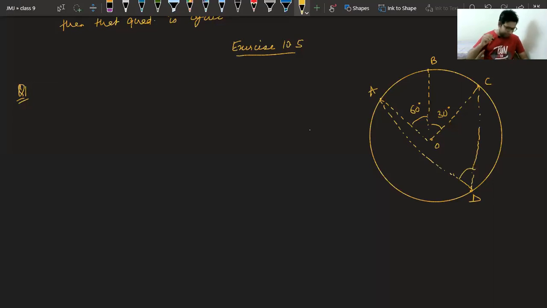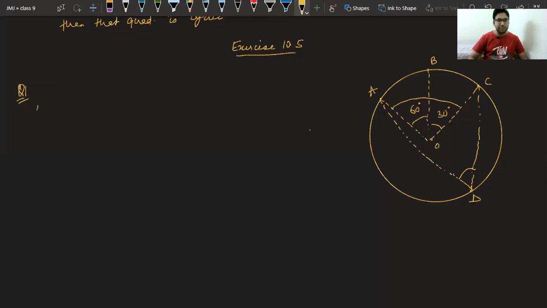They are asking, tell me the angle ADC. So we all have understood this thing. Yes, Anvesha, very good. Utkarsh, good beta. Others, please try. What is the value of angle ADC? We all have learned the angle made by an arc at the center is twice the angle made by it on any other part of the circle. And you have to look for the complete angle, because this arc AC is forming angle D. So arc AC is forming angle 60 plus 30 at the center, which is actually 90 degrees. So that will make half the angle at D, which is 90 upon 2, that is 45 degrees.